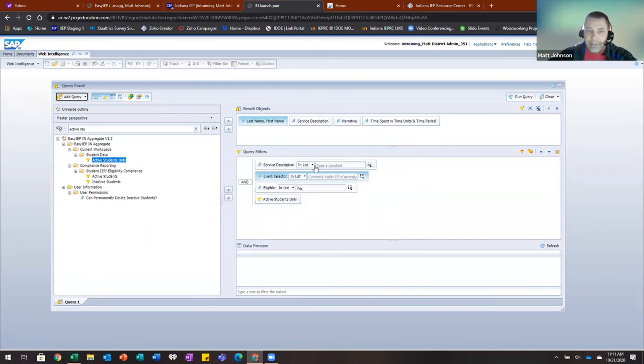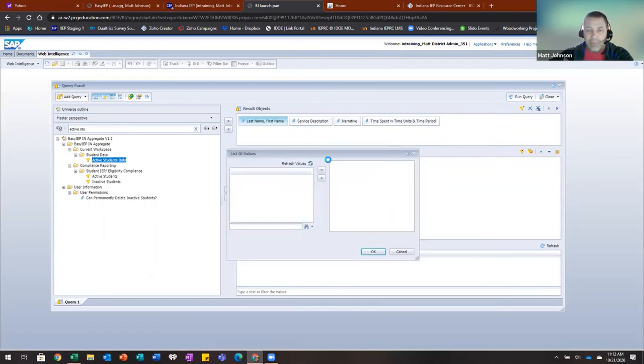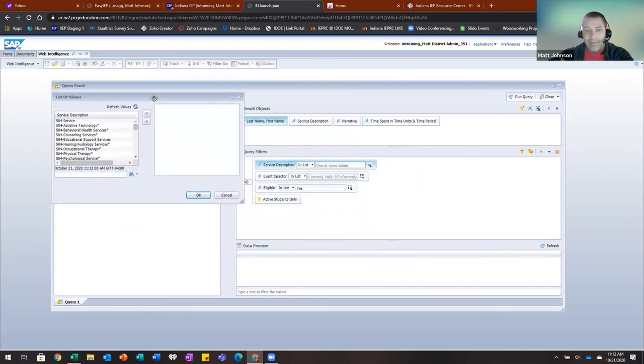And then the service description, we have to be kind of careful with this one, because when I show you the values, these are all the potential values that are in the system for a service description. So it's all of them: 504, everything people have written in under the other for related services. So if I put in there,